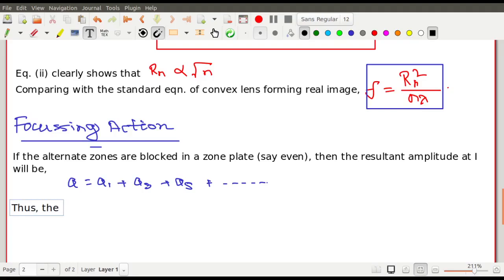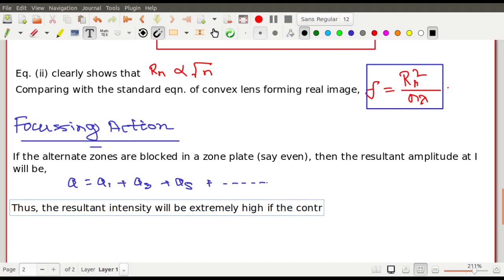So what will happen to the intensity? Will it increase or decrease? Definitely the intensity will drastically increase because you have blocked the alternate zones. The negative contributions are blocked. So the resultant intensity will be extremely high. This is a very important word, extremely high. The resultant intensity will be extremely high if the contribution from the alternate zones is only taken